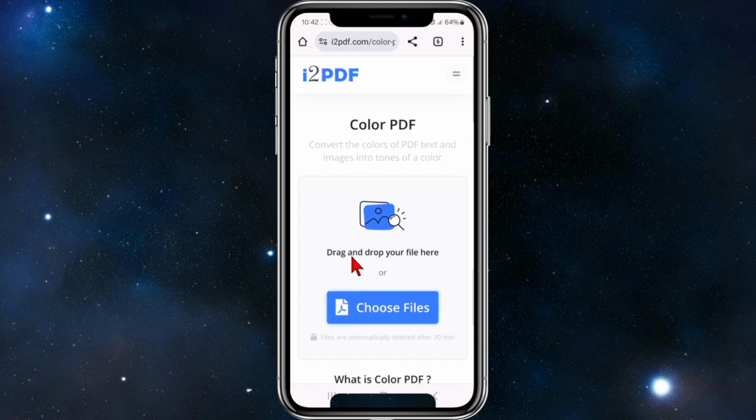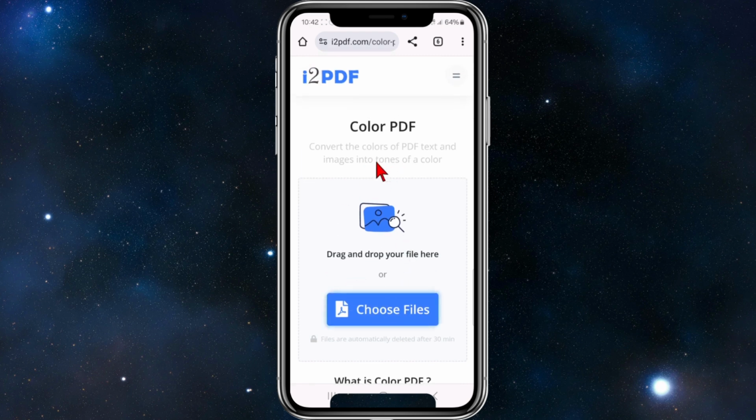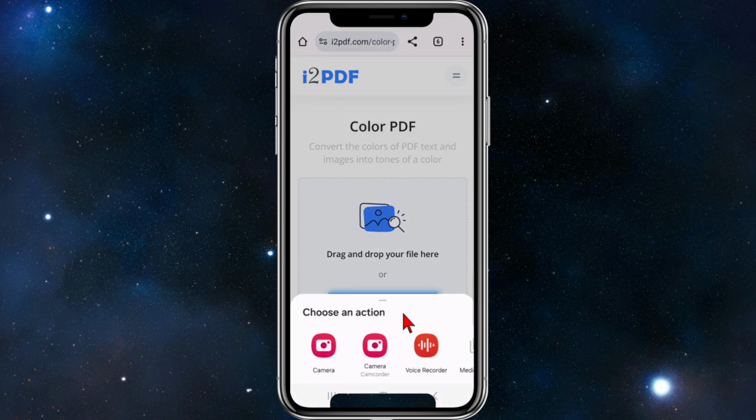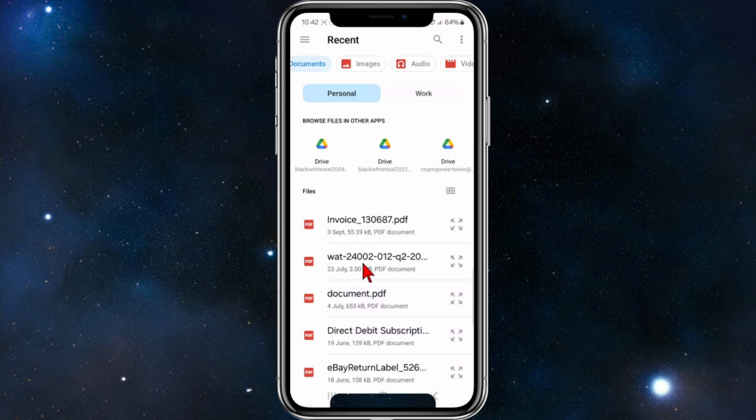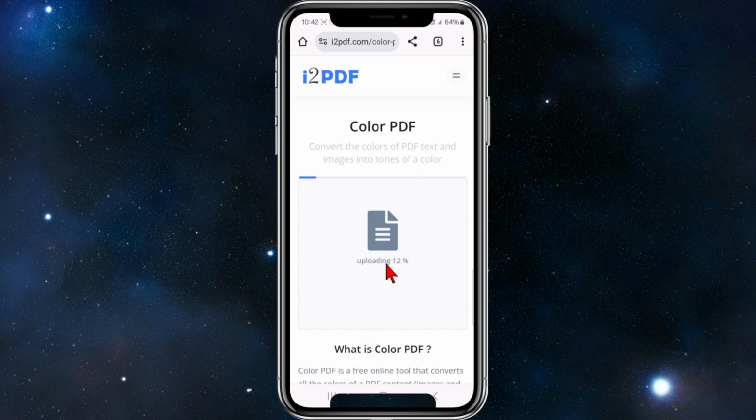It says convert the colors of PDF text and images into tones of a color. So what you need to do is choose the file that you'd like to change the color of. So I'm going to click on choose file, and now I'm going to choose media picker here. And now I'm going to use this PDF here. It's a menu. So as you can see, it's uploading. All right, once this has uploaded,